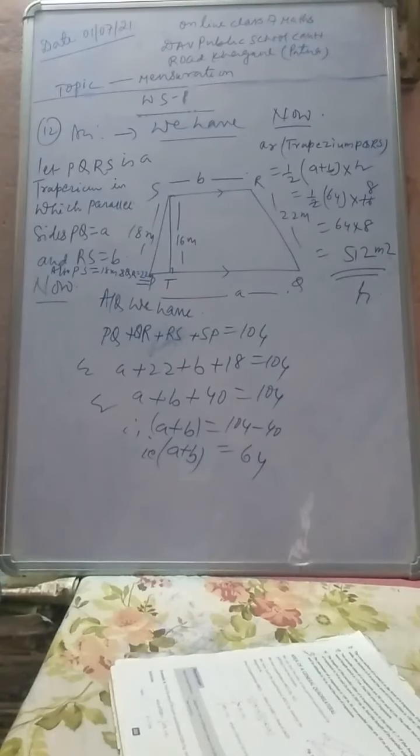It is given in the question only that the two non-parallel sides are 18 meter and 22 meter. So which one is 18 meter and which one is 22 meter? To answer the question, you have to clarify that let PS equal 18 meter and QR equal 22 meter. इसको भी assume करेंगे हम लोग. Hence the result. Have any doubt in it?